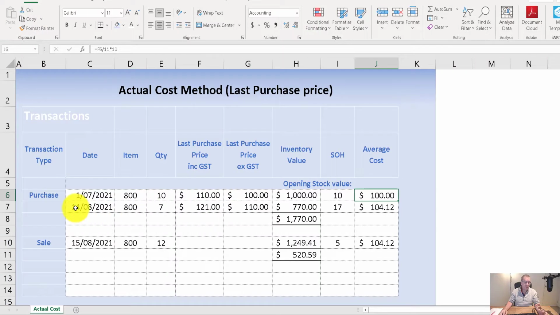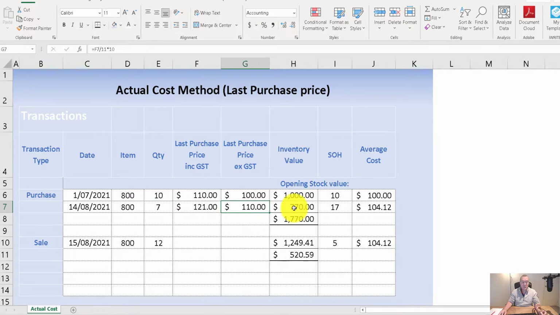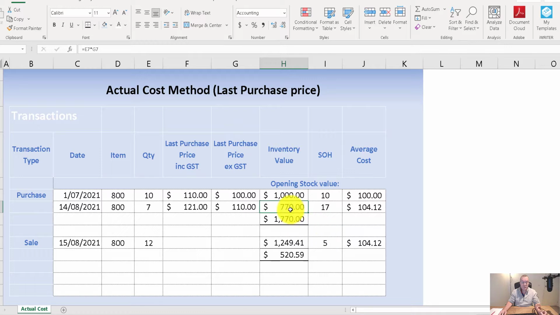A month and a half later, we'll go and buy a further 7 items of the same item, but this time the price has gone up to 121, including GST. So that's 110 ex-GST. You multiply the quantity times the ex-GST and you get an inventory value of 770. So now you've got in your inventory